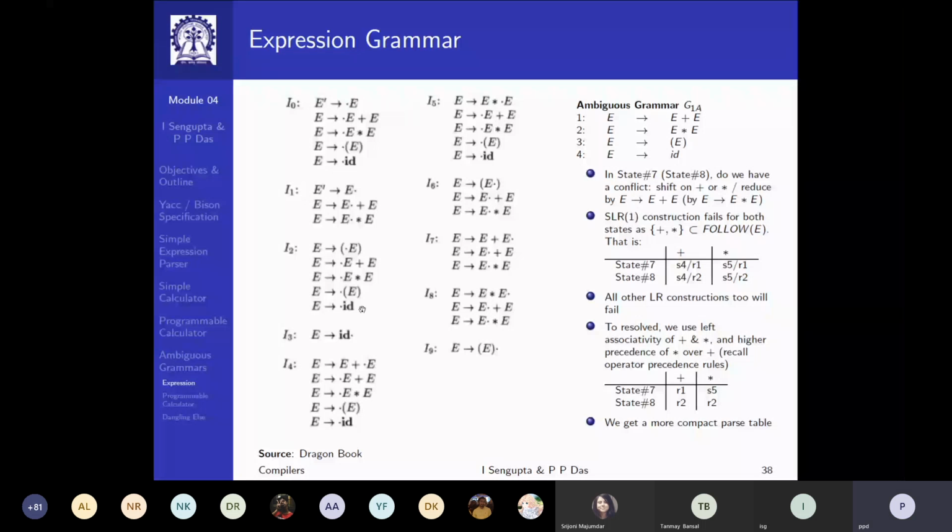But by the fact that plus is in the follow of E, I should reduce by rule 2. So I have 2 states and 2 inputs where all shift reduce conflicts exist. But in this, let us refer back to the very first process we started with, infix to postfix conversion,